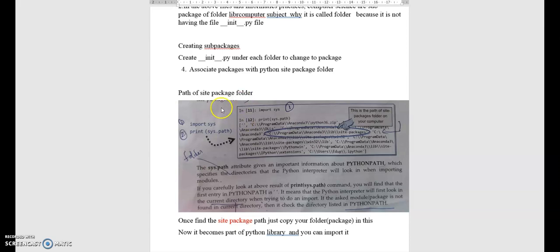To know about the site-packages folder, you have to give the command import sys, sys.path. This is the site-packages folder. In this you have to paste all your packages, so that they will be available for everyone. Suppose you are importing some module, it will first be searched in the current directory. If it is not available, it will be searched elsewhere.